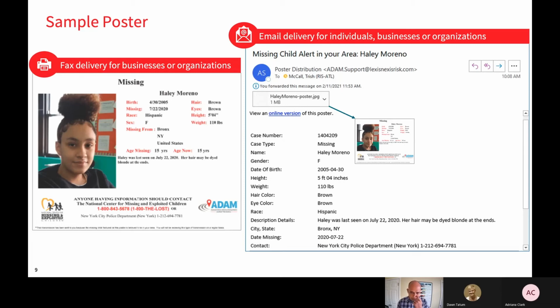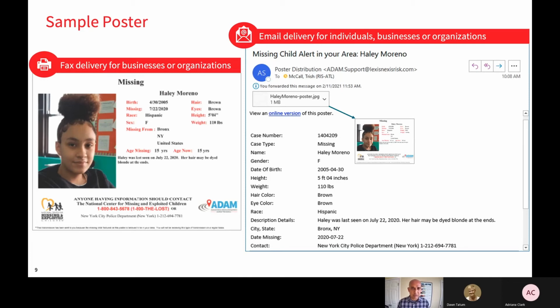Now, the reason why I'm showing you this poster is, as you can see, the information that is there really is the information that relates to the personal information of the person. There's no information about potentially what could be the risk that this child is in. And that is what we want you to start thinking of, adding that information. Let us say you add information saying, this child is at a risk of being abducted by a sex offender, and this risk is 10 out of 100, or some scale like that you can come up with. That is going to be extremely effective to law enforcement, right?